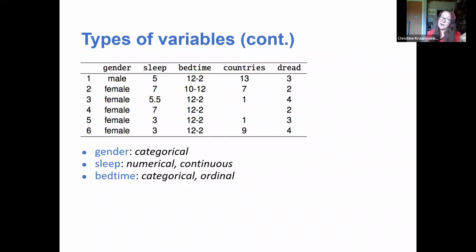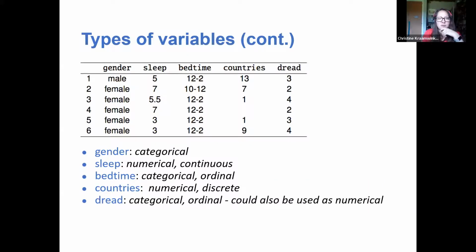So countries, I think that one's straightforward. We all can see that's a discrete variable. And dread, I'm not sure what that was. I think that was a ranking variable. I can't remember what data set this came from, but I think it was how much someone was dreading going to bed or something like that. So it is categorical and it's ordinal, because the higher the number was, the more the person dreaded going to bed. But often when we analyze it, we'll treat it as if it's a numerical variable, although a number like 3.5 is not defined, but it makes intuitive sense. So those get a little tricky to analyze. So we won't go too deep into that.